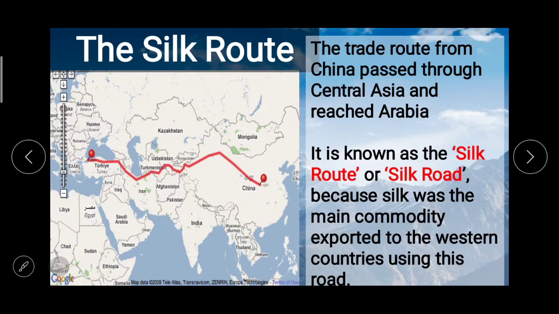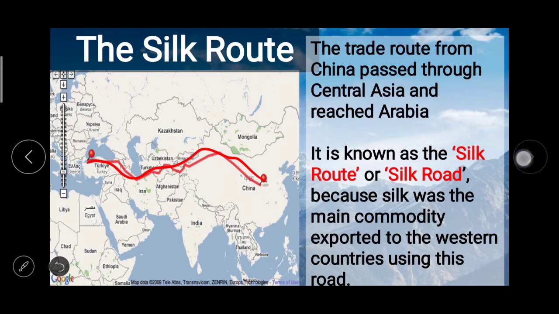Now, why is the route called Silk Route? This one in the red line you can see, because silk was the main commodity exported to the western countries using this road. इस रोड से ज़्यादा सिल्क जो है वही एक्सपोर्ट होता था और उसीलिए इसे सिल्क रूट कहा जाता था।